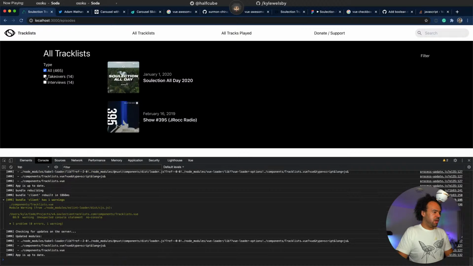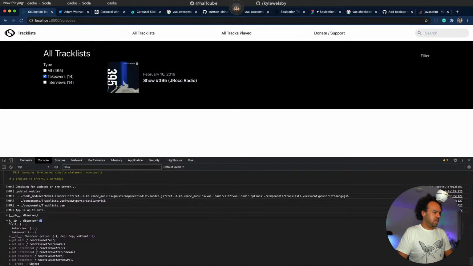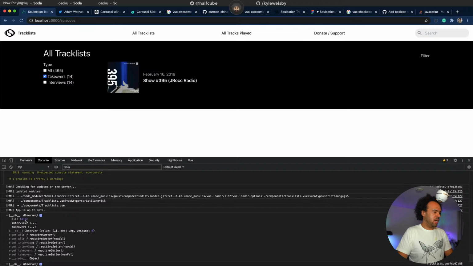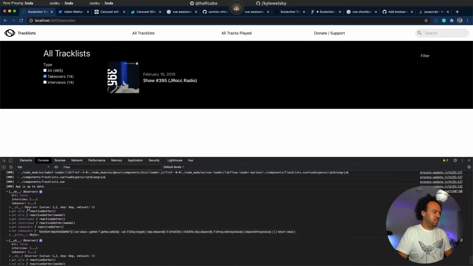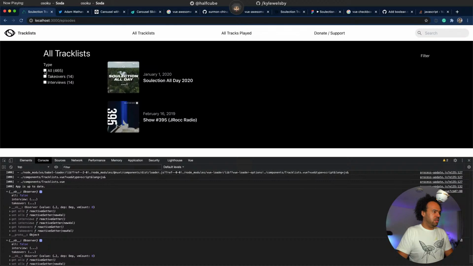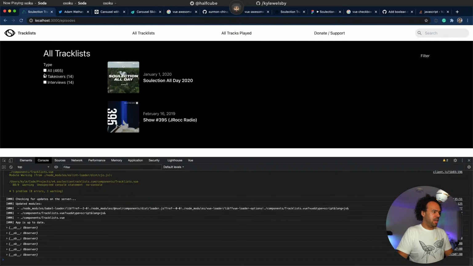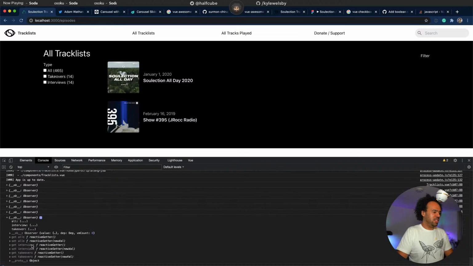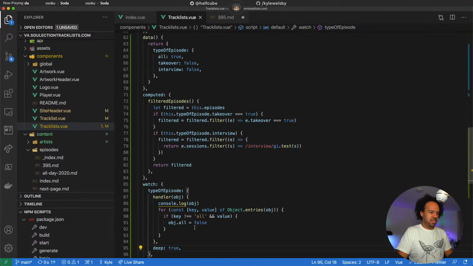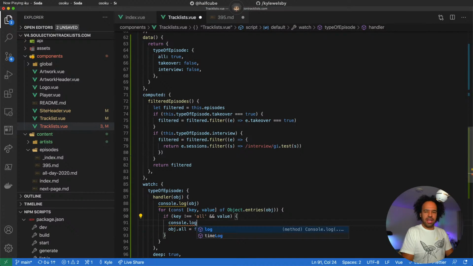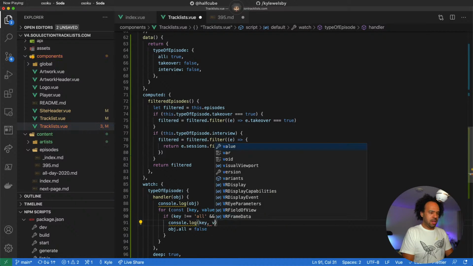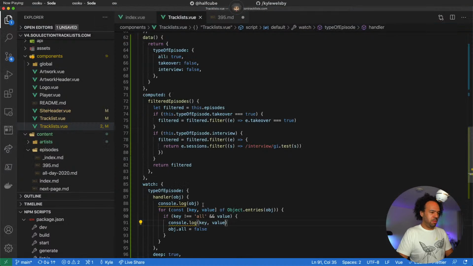We should see when I click one of these that it's triggered twice, as I suspected. And if we click on all, I kind of guess it's trying to null itself out. Let's go in here and see what happens. So we have our key and value, and it's probably trying to detect something.